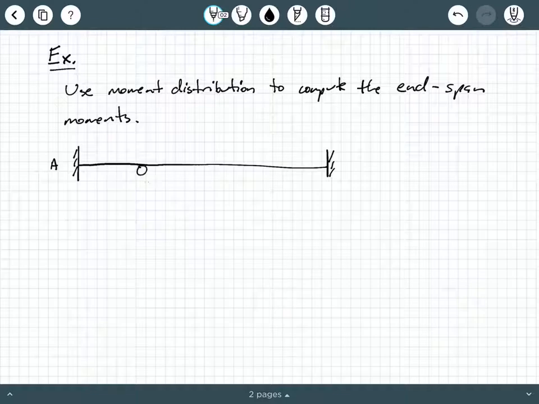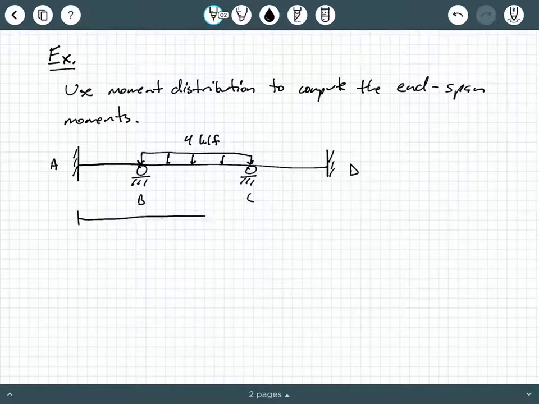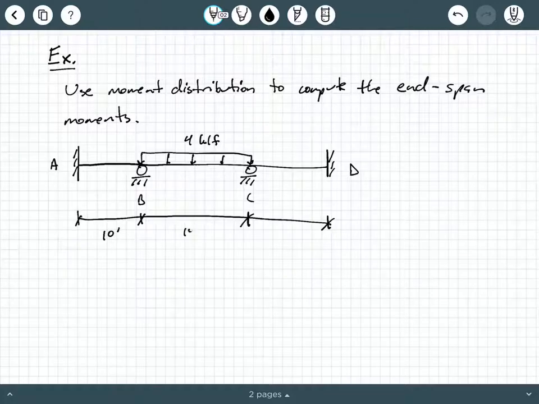On the opposite side, we have another fixed connection, and then we got a couple of rollers in the span here. And we have a uniform distributed load of 4 KLF. And then this is going to be support B, support C, and then D is on the opposite side. And then we need some dimension lines here. So our dimension lines are going to be 10 feet for span AB, 18 feet for span BC, and 15